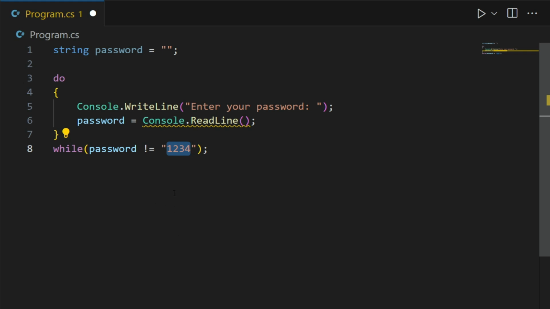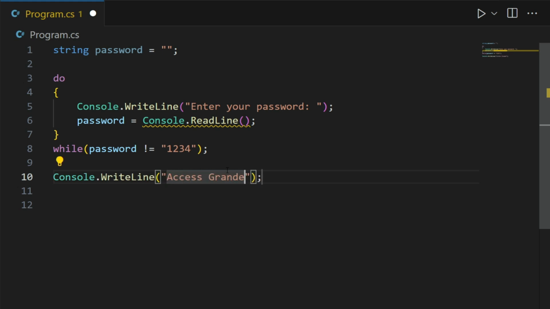And if the password is something else, it's going to ask him again, and then it's going to provide something again, and it's going to check. If the password is not this, it's going to ask him again. So we can see this, and only if the password is 1234, then it's going to break out of this loop, and it's going to continue here, and it's going to say